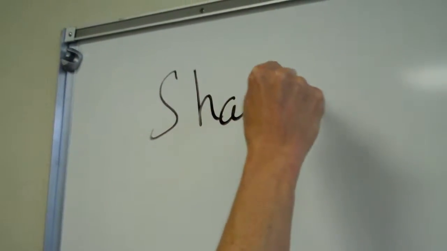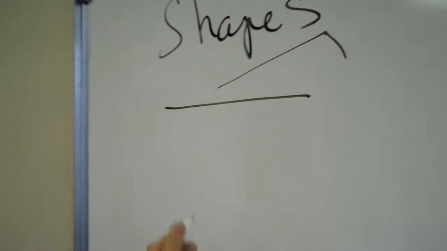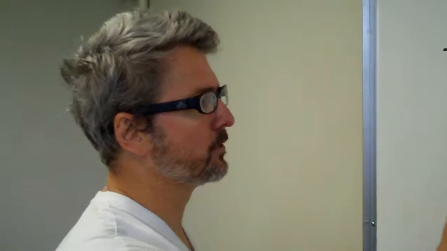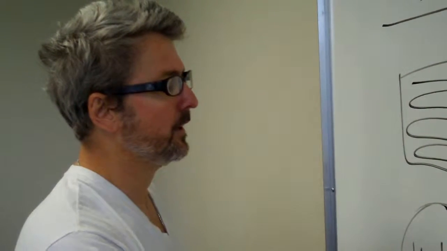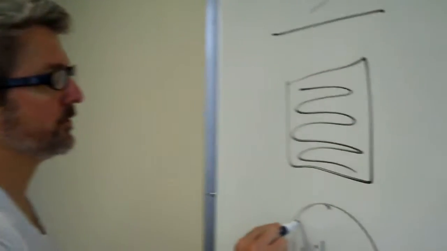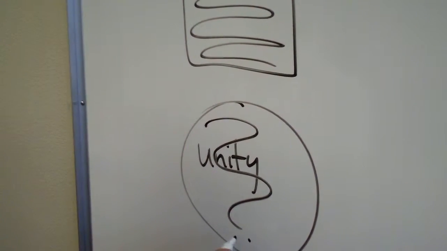All right. Today I want to talk a little bit about revision. You'll recall that I talked about the shapes. We can use shapes to talk about stories. And I talked about the line, which really was about sequencing and ascending action in denouement. And talked about squares, which was representing sort of using blocks of information. And I talked about the circle, which in some ways represents the unity of a story. That a story introduces a problem of some kind, and everything in the story moves to its resolution of that